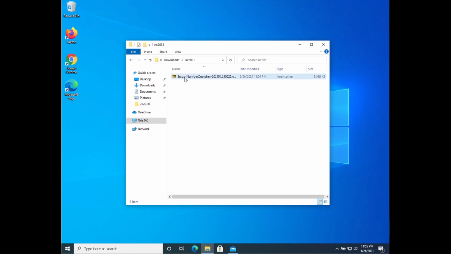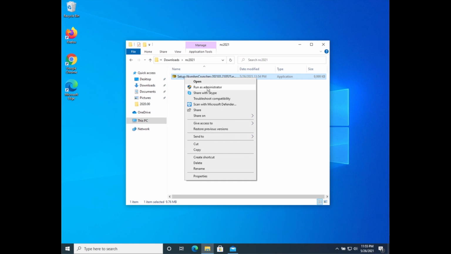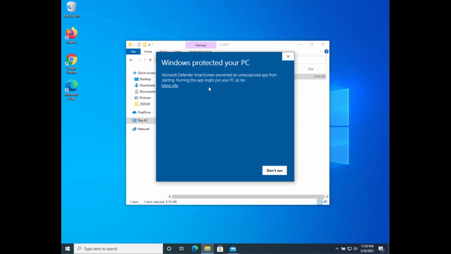Now I always right click and run as administrator. But you're going to notice that Microsoft Defender thinks we're malware. I have two options here. Absolutely, I can go to more info and run anyway. I assure you, we're definitely not malware. However,